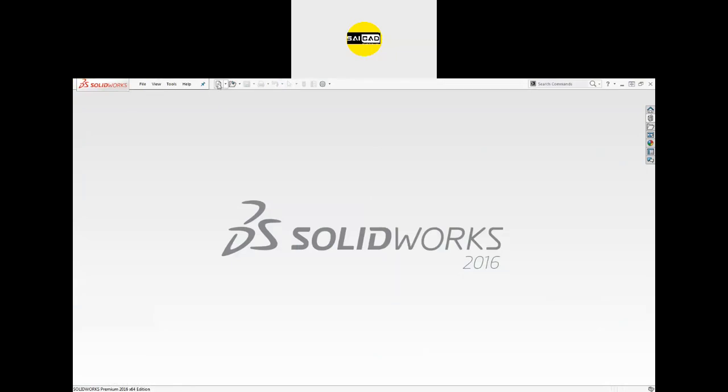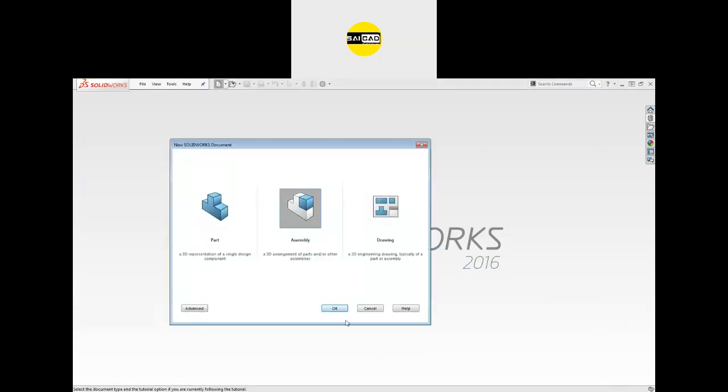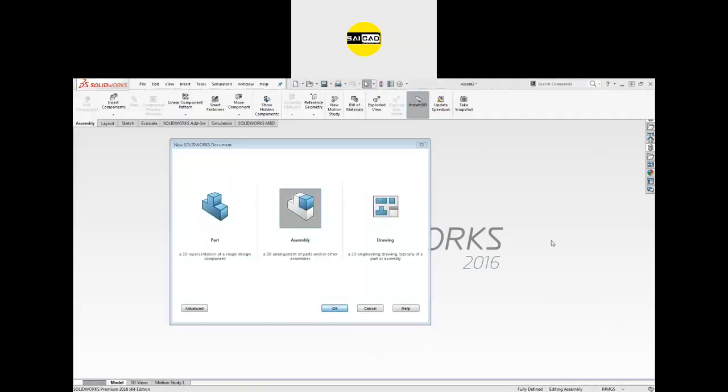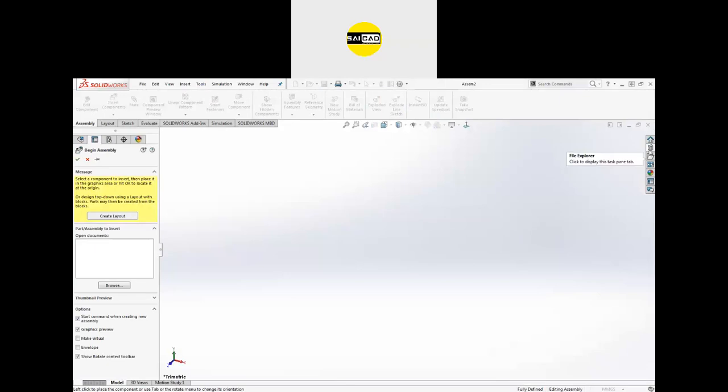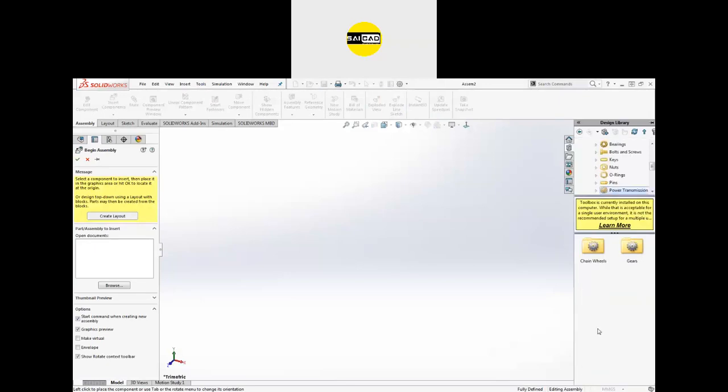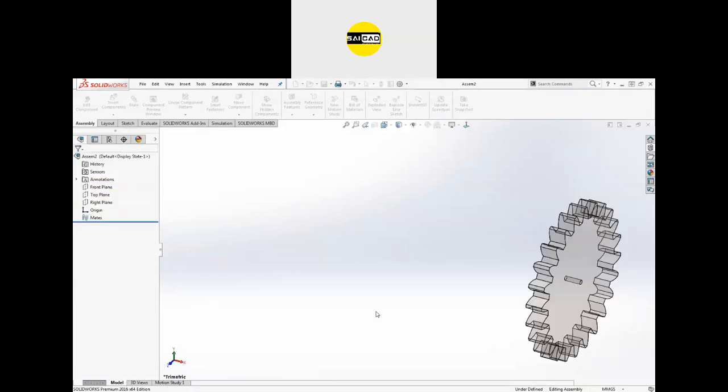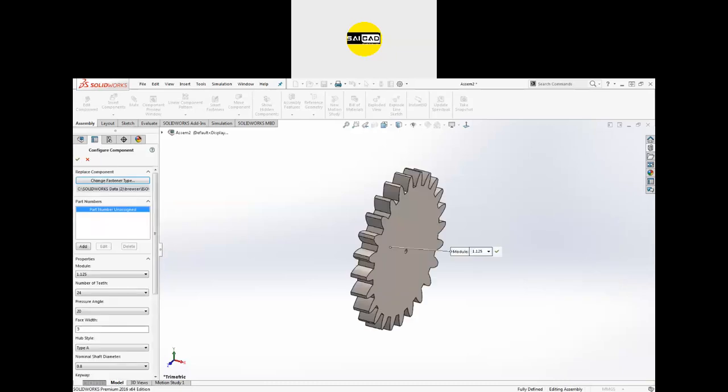So I'm going to open a new file, new assembly. Now go to the toolbox, go to the power transmission, and go to the gears. We have the spur gear here. Drag that component like that, and now you will have some properties here.